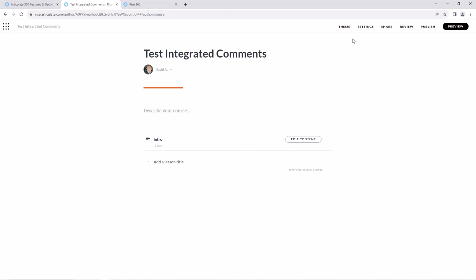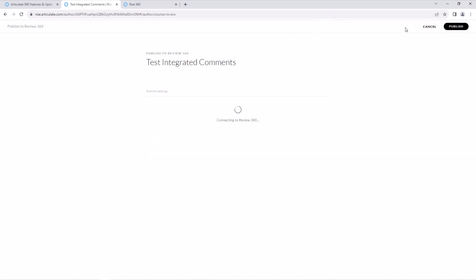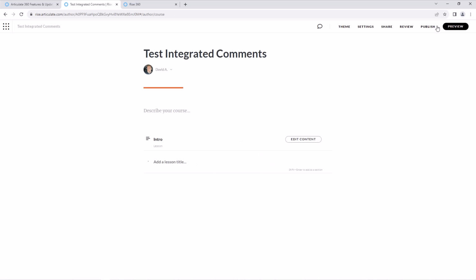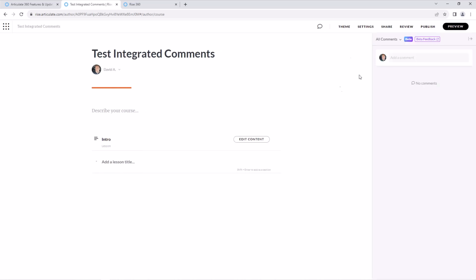So what you need is just at least a course published. So I don't see that icon up here. There's nothing here. I come up to Review. And again, create a new item, or I could override a different existing item. Click publish. This will take just a moment. And then once I've published at least once, I don't need to see it in Review. I'll go back to the course and look at that. Voila, there's my integrated comments icon, and I can begin adding comments.